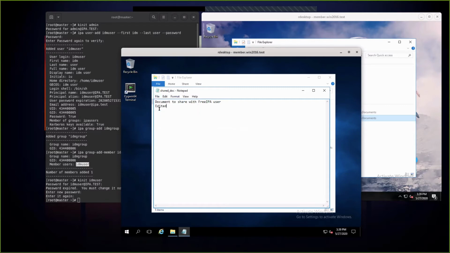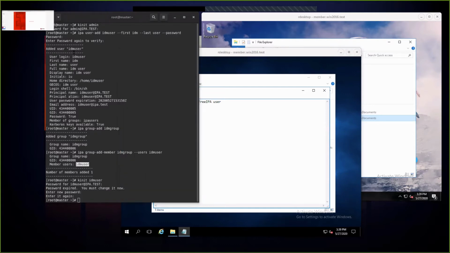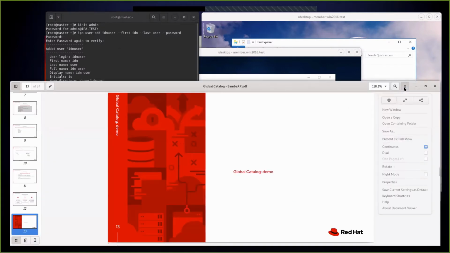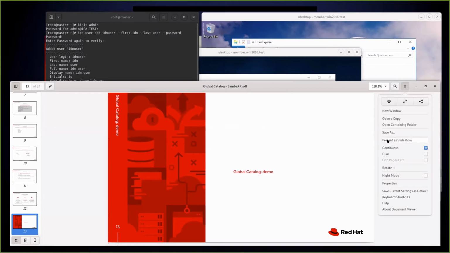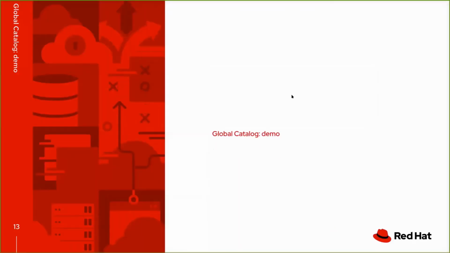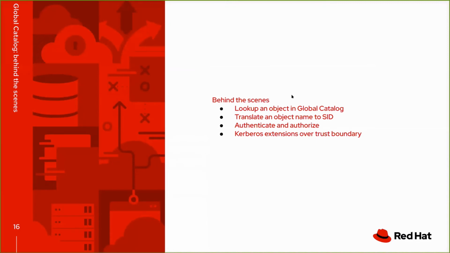So during this demo, I showed that I was able to connect to the Windows member machine as my IDM user, and that I'm also able to use the permissions with my IDM user. So now let's go back to the presentation, and Alexander will explain what happens behind the scenes.